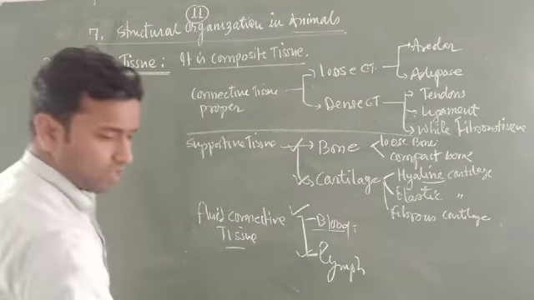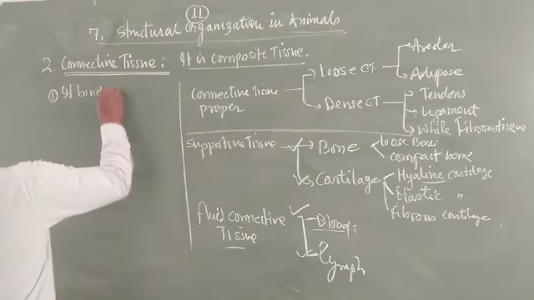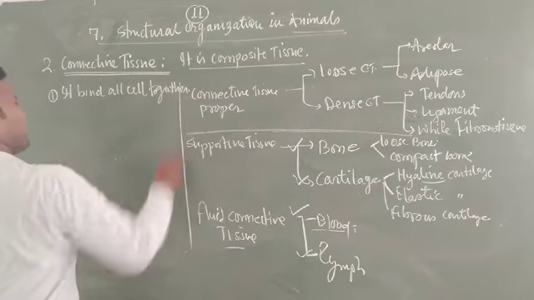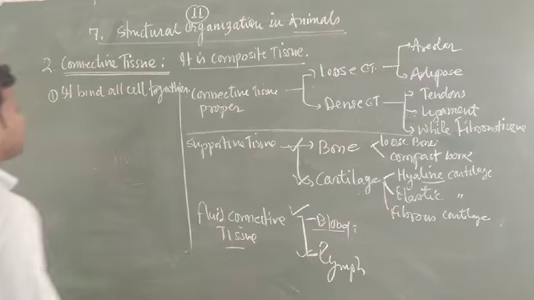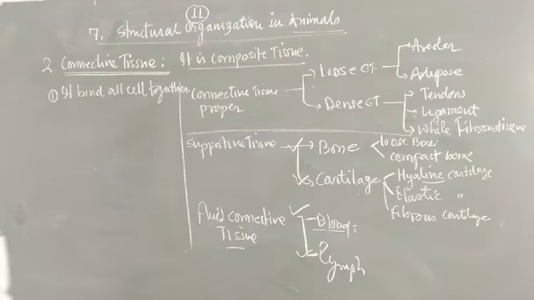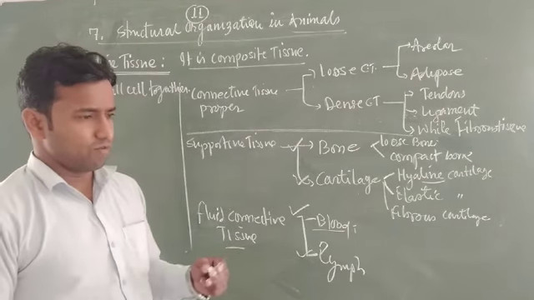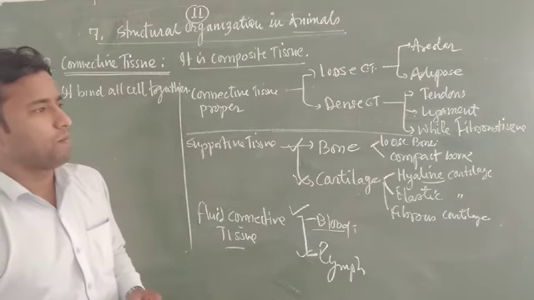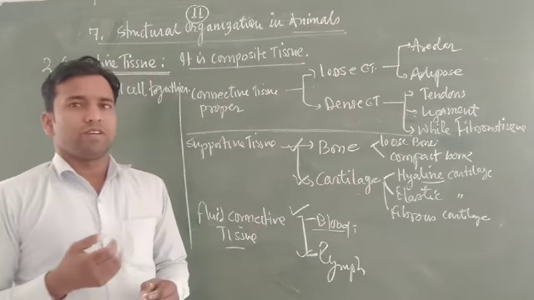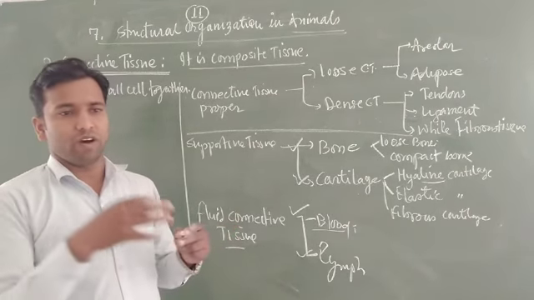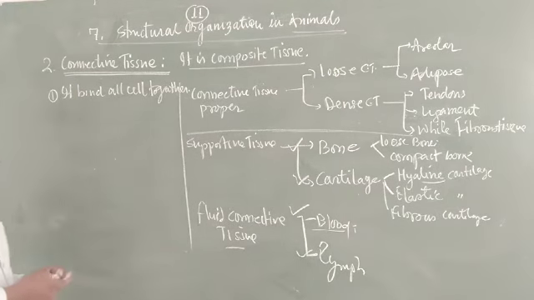It binds all cells together. The second function, binding all cells together, means suppose you were talking about the blood carrying different types of materials, like digested food materials, especially absorbed food materials, and second, hormones and enzymes, and third, carbon dioxide and oxygen. They travel from different locations to all parts of the body tissues. It means that blood indirectly connects all parts of your body. Clear? All body parts generally.